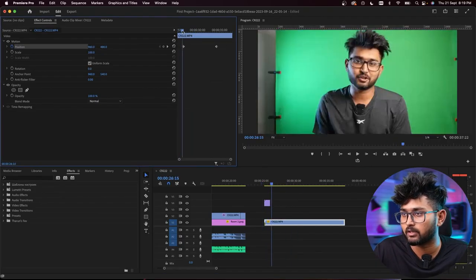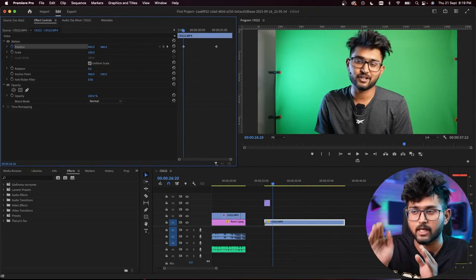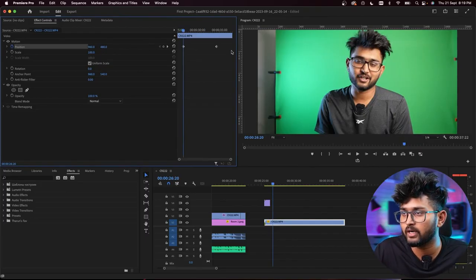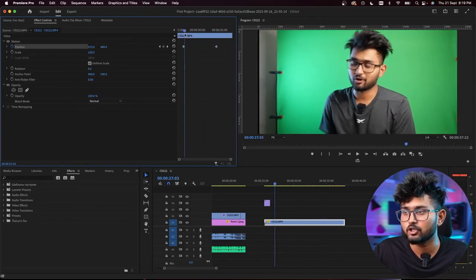At the first point, Tarun was in the center, and when I moved him towards the right, he moved to the right. You had position dependent upon time, and that, ladies and gentlemen, is nothing but keyframes.